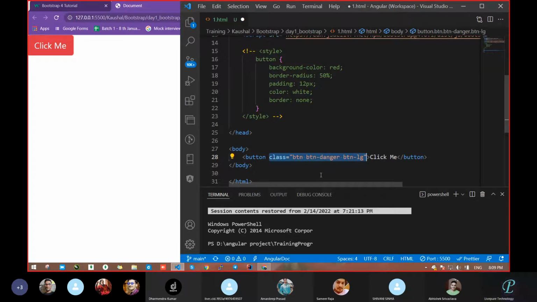Sweta, is it clear now how it saved time? Sir, how do we know the red color and white color class? Okay, we will learn that in Bootstrap, then we will know that. For right now, just ignore that one. Why have we taken just one example? That's it. So for right now, what we have learned is how we can correlate Bootstrap with our HTML file. Up to this clear?